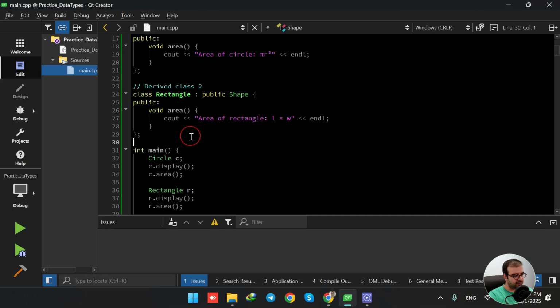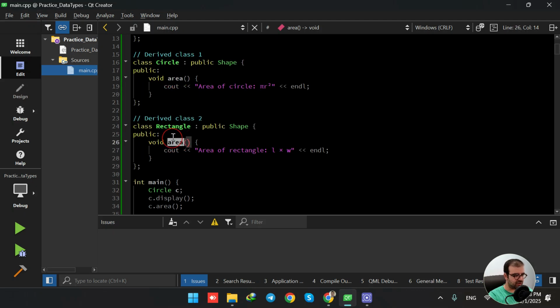And in the int main function, this area function is shared between these two derived classes, but they are not related to each other in any way. They are only derived from the public shape base class, okay? So, calculation of area of rectangle, and instead of this formula here, I would say calculation of area of a circle, for example,